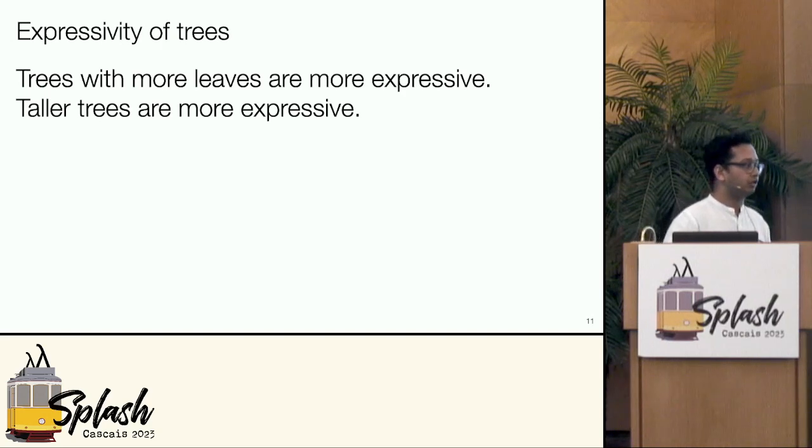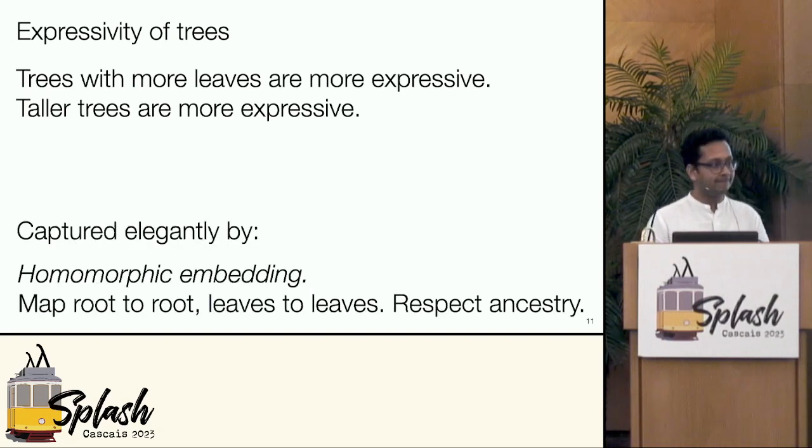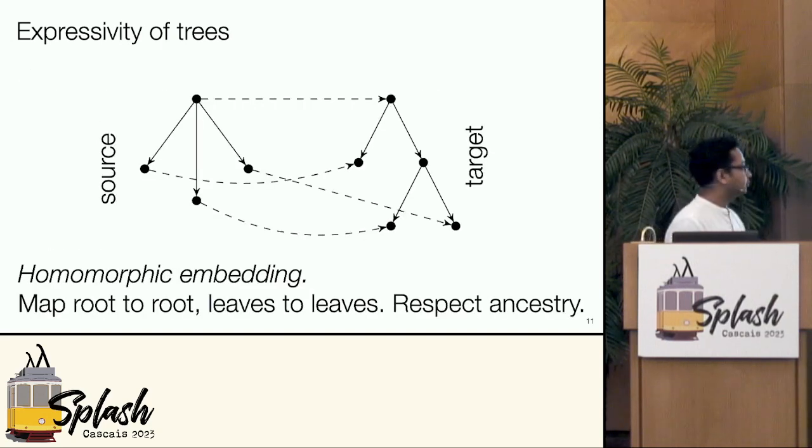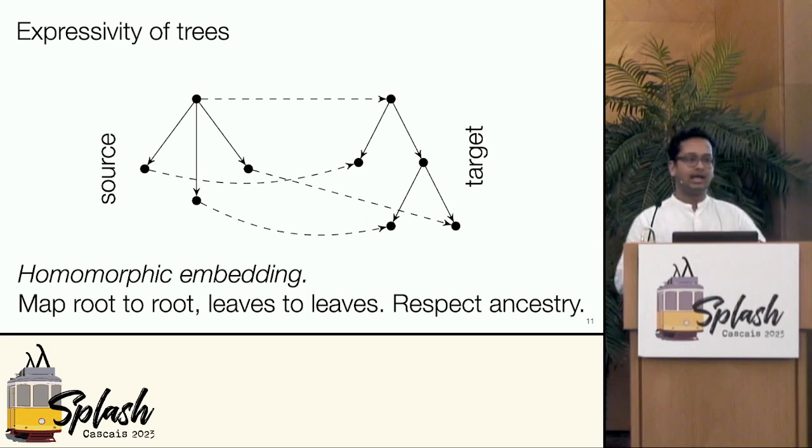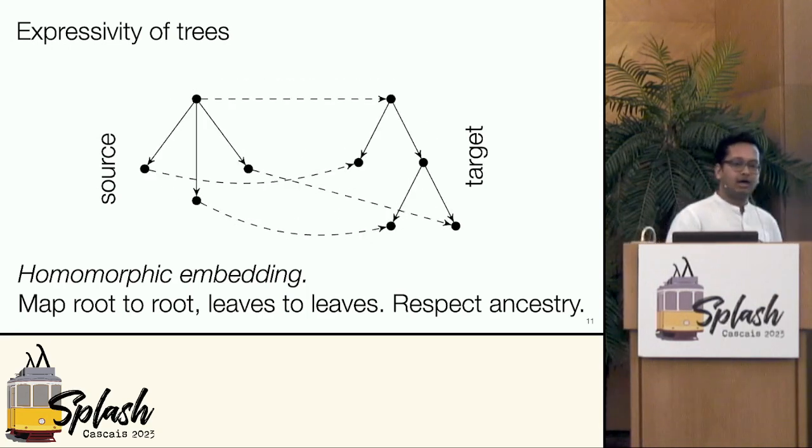This quickly gets out of hand, actually, when you have bigger and bigger trees, but thankfully it's all captured nicely by our new notion of homomorphic embedding, which is to say, try to find, so here's my source tree and my target tree, try to find a map from nodes to nodes, trying to get the root to map to the root, leaves to leaves, and as you do so, respect ancestry. So here's a successful case of homomorphic embedding. Here's a hairier case, but let's look at the simpler case because I'm going to show you a little thing about it.